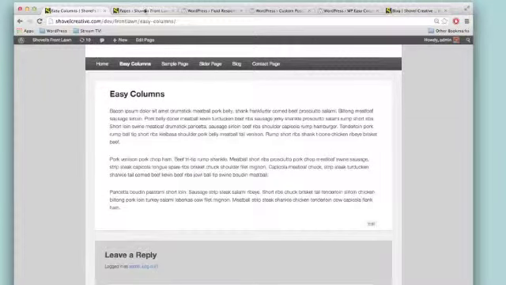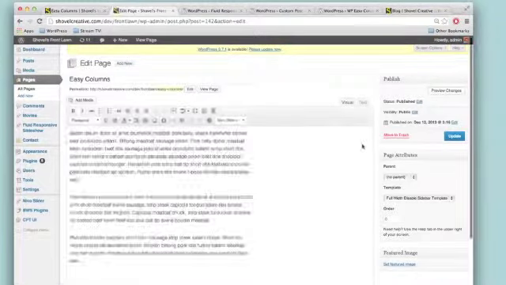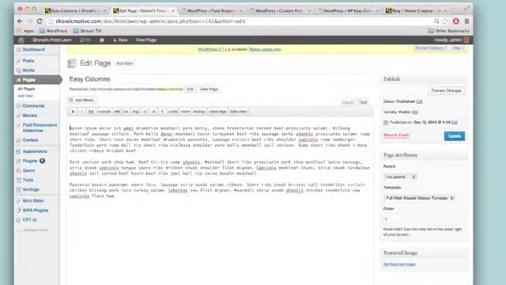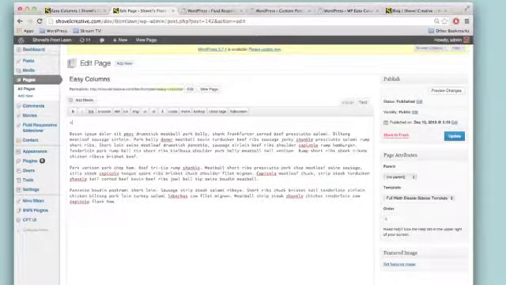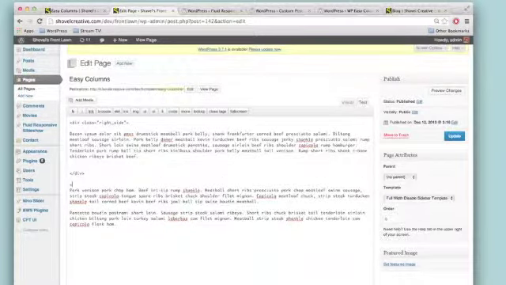But the great thing about this is that not only is it easy to use, but it also doesn't inject code into the WordPress site. So normally, and again, this is not the way that I suggest doing it, is creating a div class, let's call it right side, and then we would have to close it, and then we'd have to do the same thing for the left side,